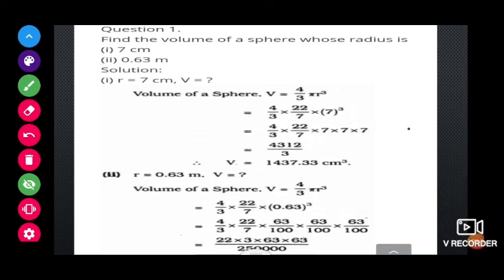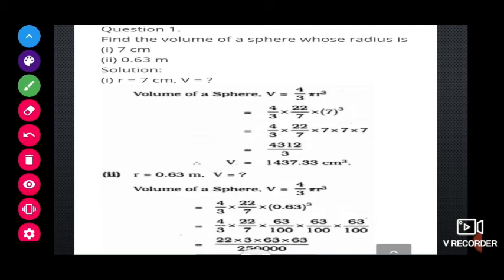Now I will show you one, that is radius is 7 centimeter. Volume will be directly the formula 4 by 3 pi r cube. So 4 by 3 into pi, 22 by 7, into r is 7 into 7 into 7. So here one 7 cancels, here one 7 cancels. Remaining 4 into 22 into 7 into 7, multiplied, divided by 3. We have the long division method, you do it and find the volume. Okay, same way try to do the next sum also.